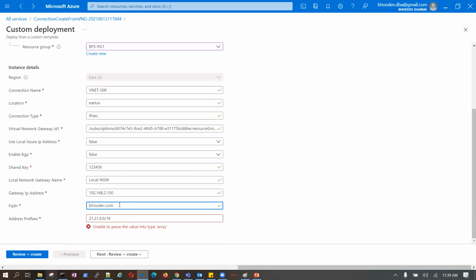Okay, I cannot have it. Now, unable to parse this value, type array. If I say 1.0/24, unable to parse.